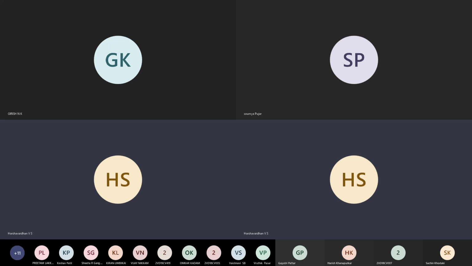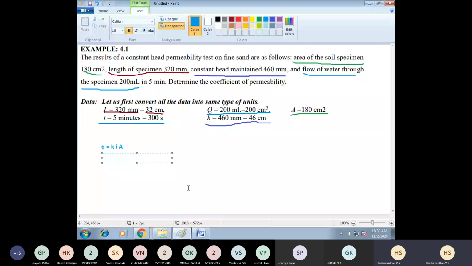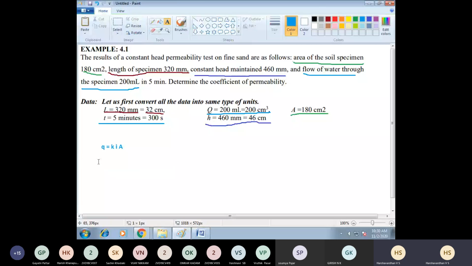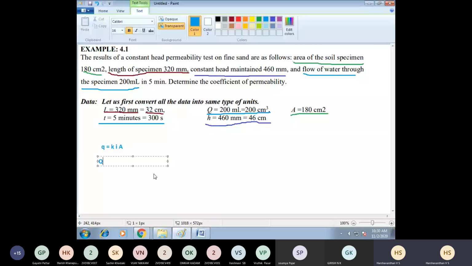Q is discharge, and discharge is given by volume divided by time, and K is a constant coefficient of permeability. I is given by head divided by length of the specimen, and A is the cross-sectional area. So if you want to calculate K, I'll keep it on this side. So Q, L is in the denominator, so it will come to the numerator,